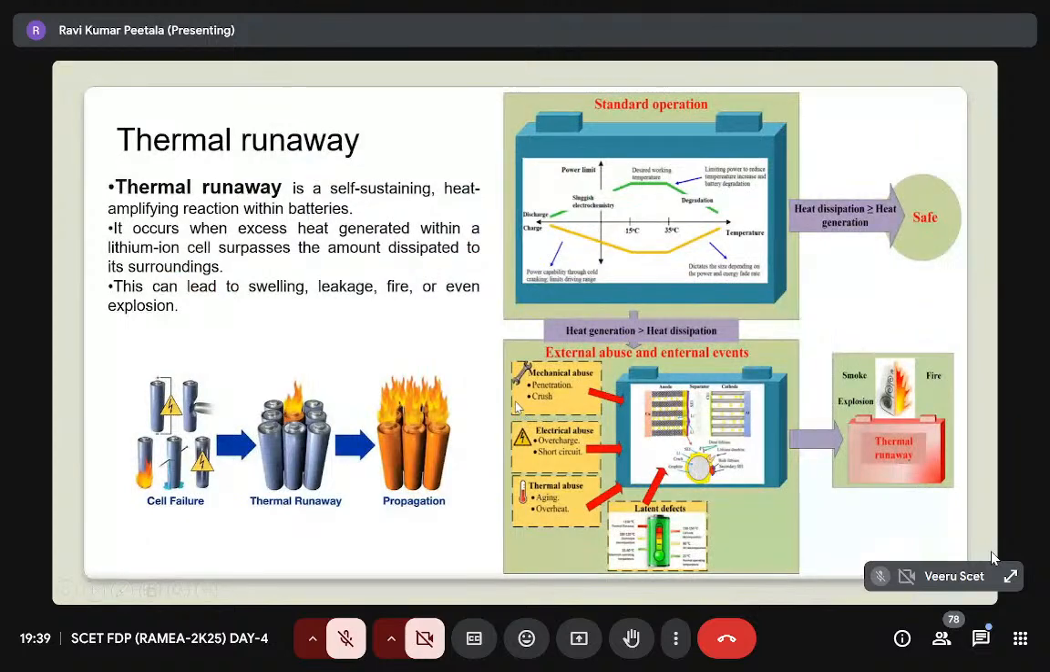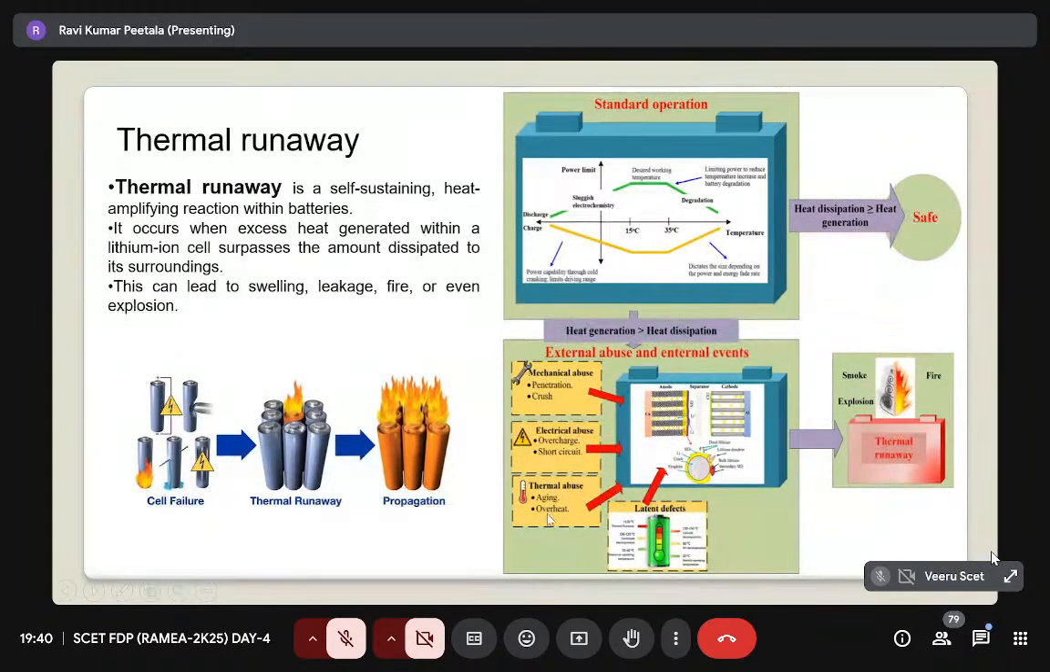As I said, thermal runaway is self-sustained. What is meant by thermal runaway? Here I have shown it: the thermal runaway is self-sustained, and heat amplifies the reaction within the battery because of the chemical reactions. It occurs when excess heat is generated within the lithium-ion battery and the amount of heat dissipated to the surroundings is too little. It can lead to swelling, leakage, fire, and even explosion. So these are the issues